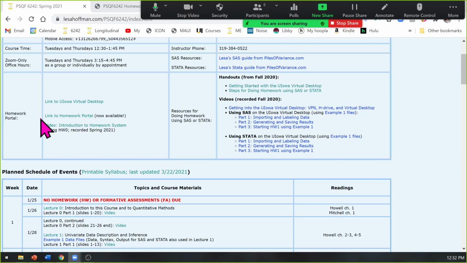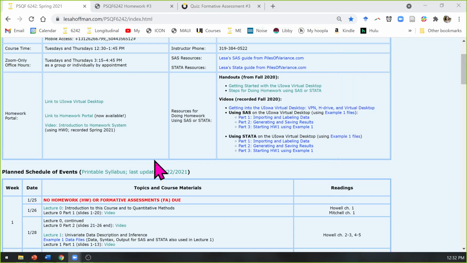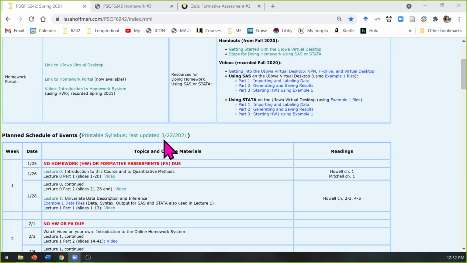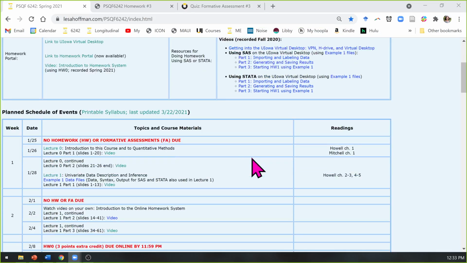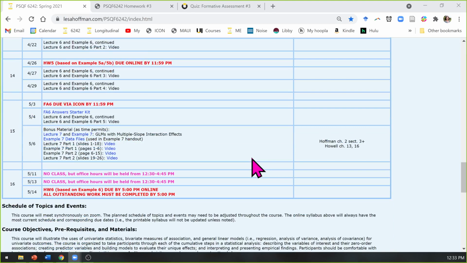So I wanted to point out one small change I made to the syllabus to start things off with. I updated the paper copy that's printable right here so that it reflects our current version of the schedule of events, but I also changed it so that at the end of finals week, all work is now due by 5 o'clock. I had previously let it go to midnight,